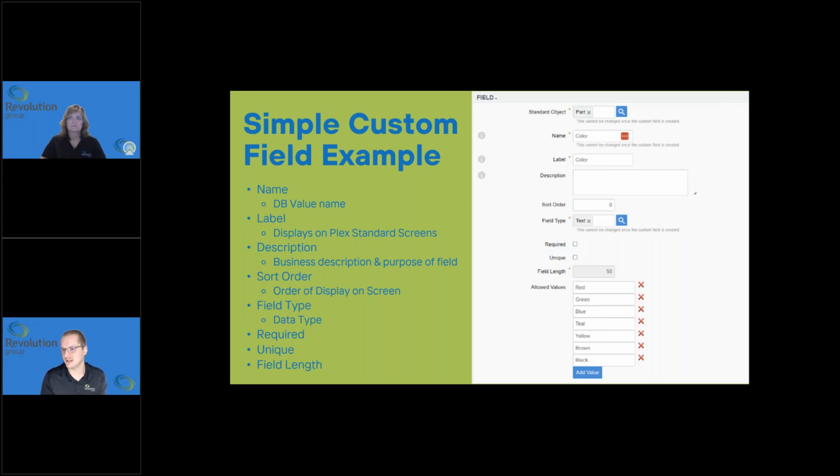One of the neat functions that we can have with the field type of text that I have on the screen here is allowed values. This allows us to build out a list dropdown that we can see for color, for example. We have all of the colors that are applicable to this part. And when we set this up, it'll show as a drop-down list for the user to be able to select which specific values they want to have for this custom object